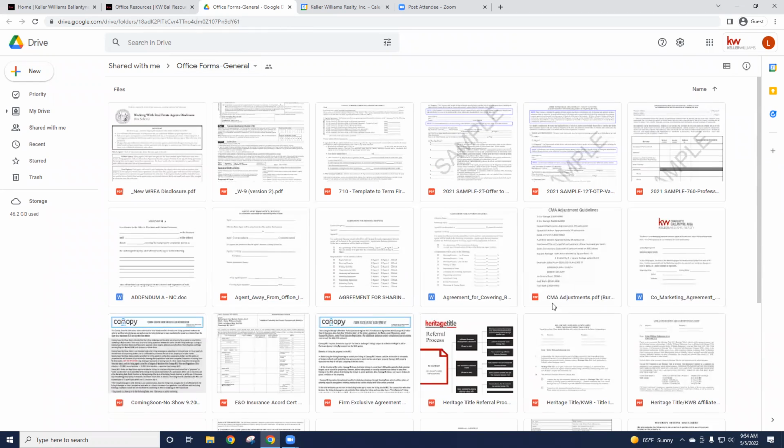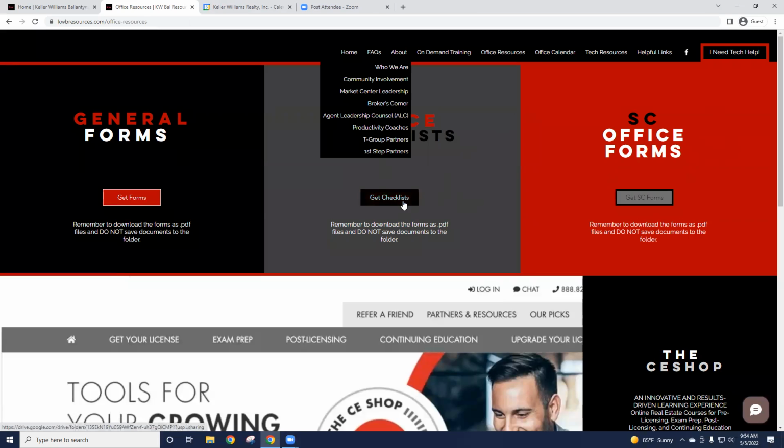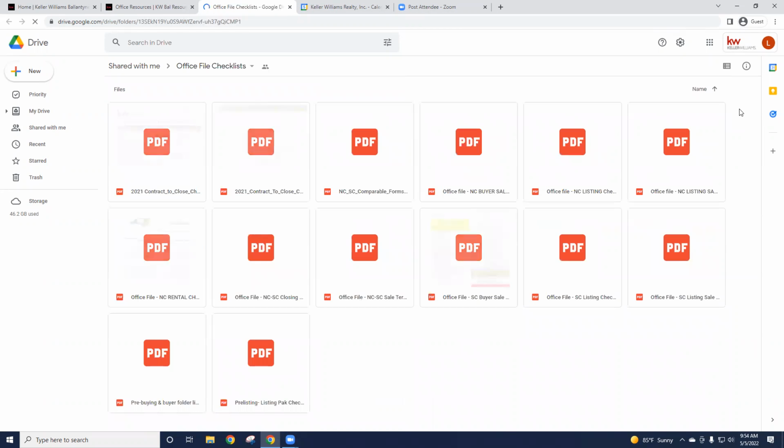So feel free to check this out. This can be your first stopping point. But we'll go ahead and just close out for a second. If you guys ever do become South Carolina licensed, then this on the right-hand side here will be where you find South Carolina forms. In the middle, under Get Checklist, this is, again, another Google Drive that Saber put together